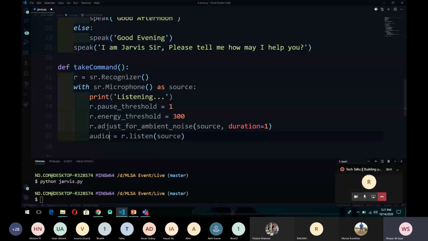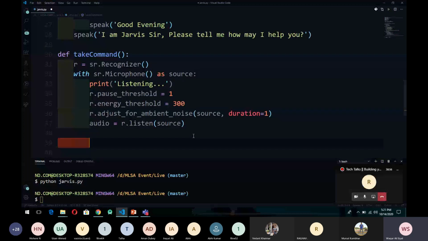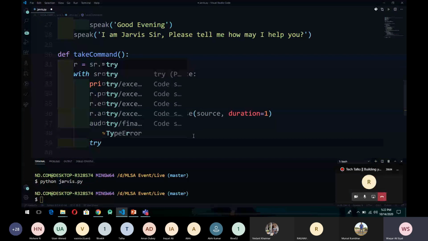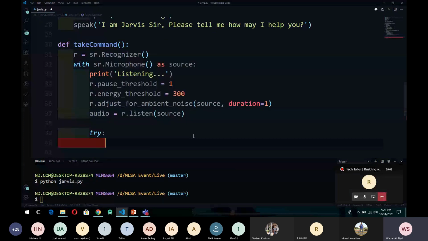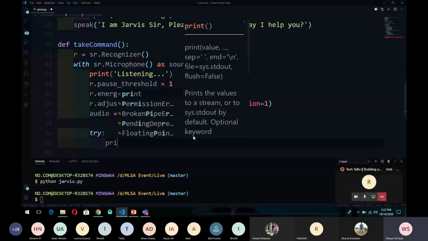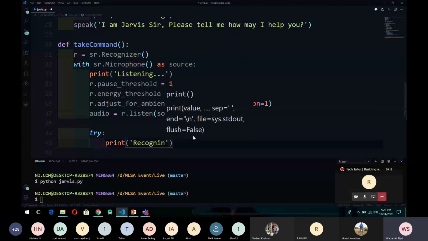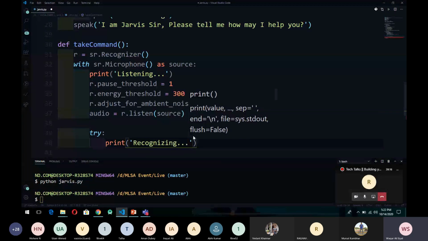Now while recording, you can have some exceptions where it fails to detect the voice, so use a try and except block to avoid those exceptions. Now print recognizing, and here we will use the recognize_google Web Speech API to detect the voice.